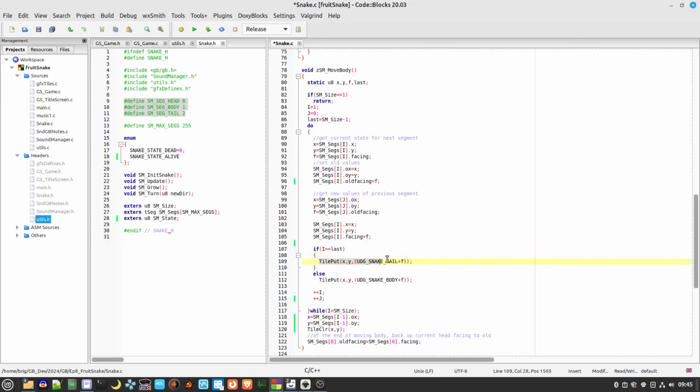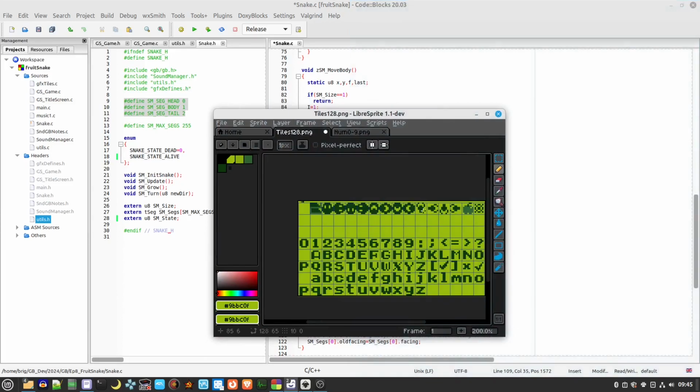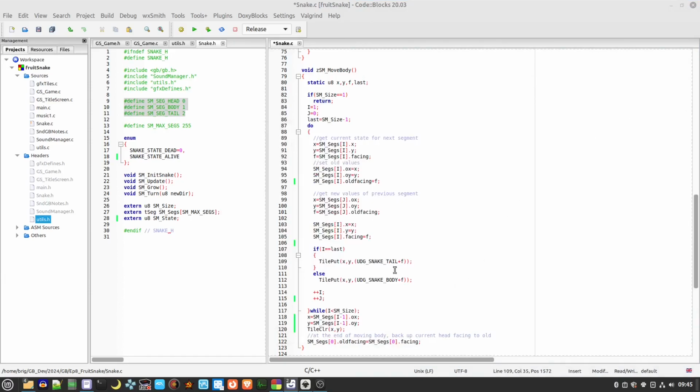Then what we do is we use the facing variable that we've got here in F to tag on to the tile we want to draw here. So we've got the tail plus facing will give us the correct orientation for the tail. If it's not the last, then we do the same with the body. We then update I and J,